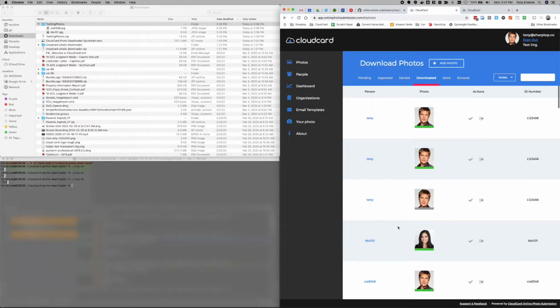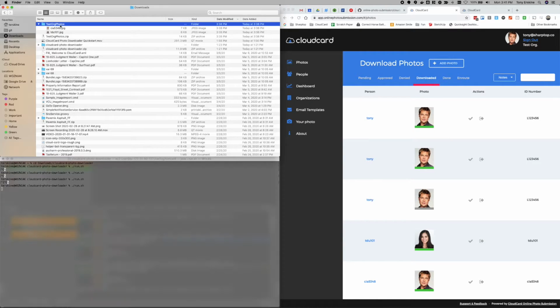Okay, so we've got our photos. They're sitting in here. They're ready to be downloaded. And let's go ahead and fire off the downloader. And we'll go ahead and talk through a few of the settings, but I'm going to go ahead and run the downloader real quick. So I run this, and remember, when I run this, all right, that it doesn't actually,